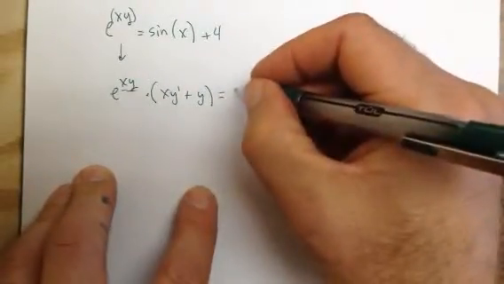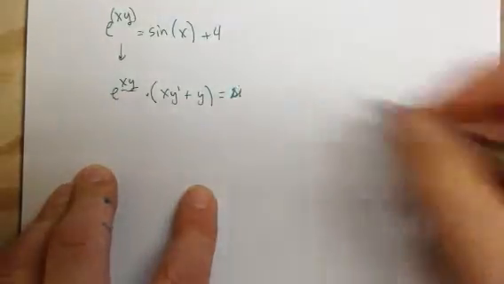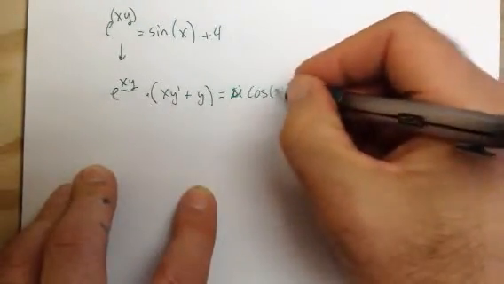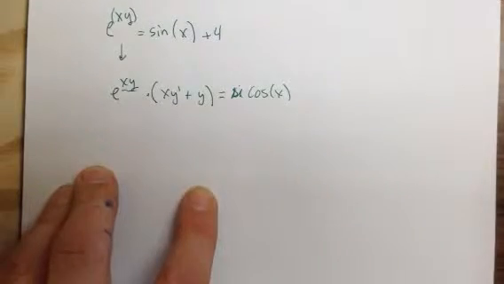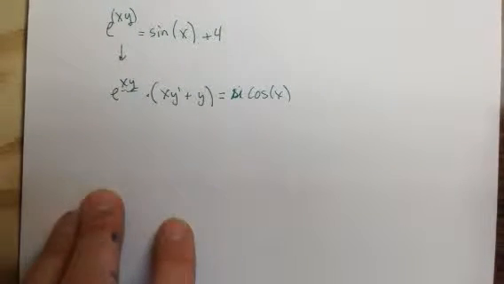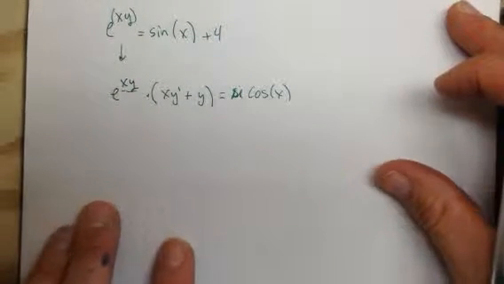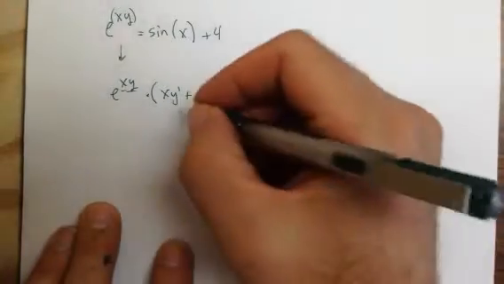A little bouillabaisse. Oops. The other side: derivative of sine is cosine of x. Derivative of 4 is 0. Okay? This is again from the quiz. So from there,